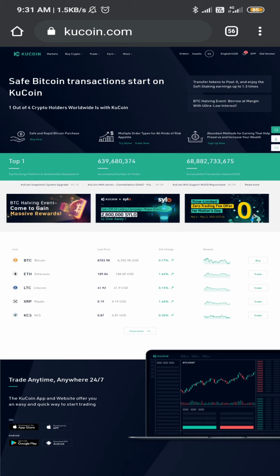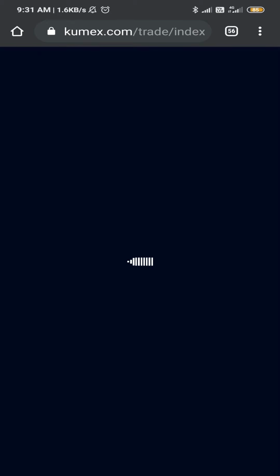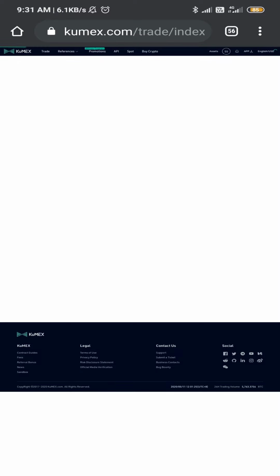Firstly, click on trade, and then you see two options in contract, lite and pro. Then I will click on pro. It goes directly to the page on QMax.